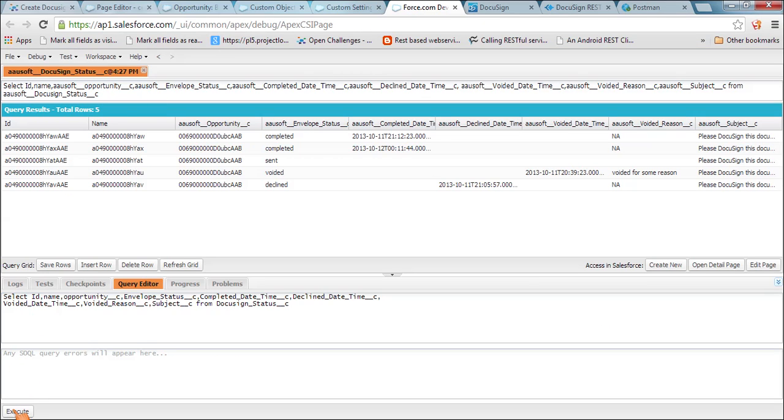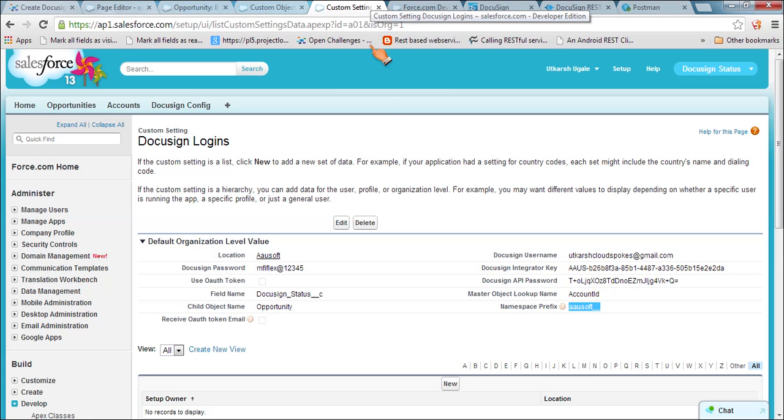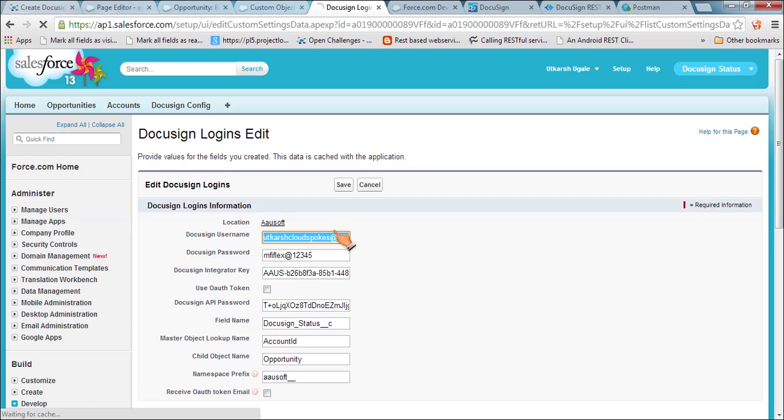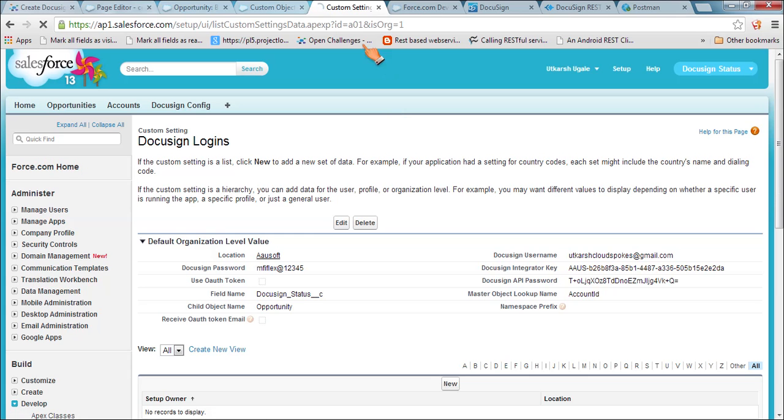So if I run this, it will tell me there are no rows present because the application is using the managed package object. Now if I run the same case, but remove the namespace prefix,